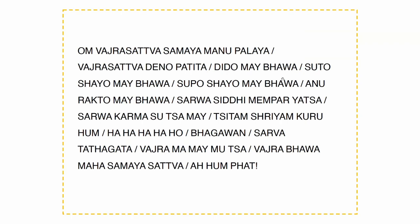Vajrasattva samaya manupalaya Vajrasattva dinapatita didu mebawal sutukaya mebawal sipokaya mebawal anarakta mebawal sawasidi mempi yatsa sawa kama sita me sitam shriyam kuru hum ha ha ha ho bhagavan sawa tata gata vajramami mutta vajrabawa mahasamaya sata a humpe Vajrasattva samaya manupalaya Vajrasattva dinapatita didu mebawal sutukaya mebawal sipokaya mebawal Anarakta mebawa sawasidi mimpi yatsa sawa kama sita me sitam shriyam kuru hum ha ho bhagavan sawa tata gata vajramami mutta vajrabawa mahasamaya sattva a hum pe Vajrasattva samaya manupalaya Vajrasattva dinapatita didu mebawa sutukaya mebawa sipokaya mebawa Anarakta mebawa sawasidi